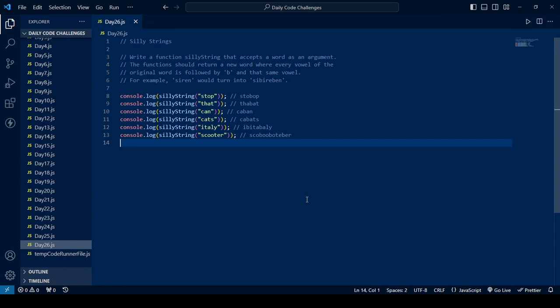All right, it says silly strings. Write a function sillyString that accepts a word as an argument. The function should return a new word where every vowel of the original word is followed by B, and that's a vowel. For example, siren would turn into sibireben. Okay, so looking at lines 8 to 13, we can see that we have the function being called